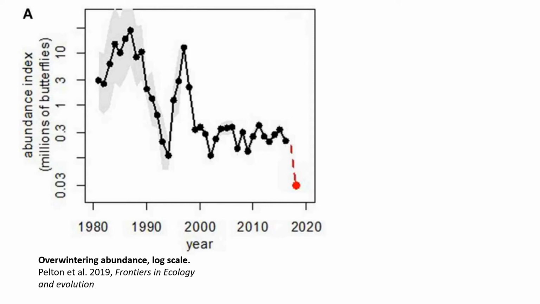Now, the western monarch butterfly has declined severely in the last few decades. Note that this figure is on a log scale. In the 1900s, we estimated between 3 and 10 million butterflies on the West Coast. In the 2000s, this had dropped to 200 to 300,000 individuals. And in early 2018, we had about an 85% decline, so that for the last 2 years, we've had about